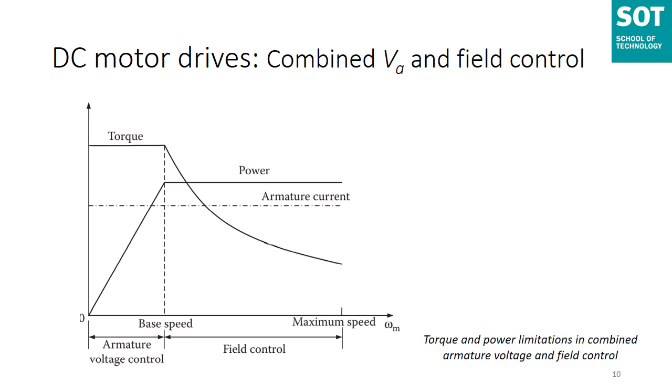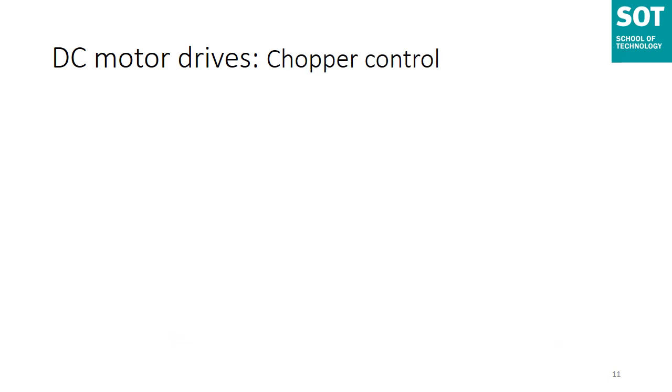Now to further increase the speed, what do we do? We weaken the field. The field must be weakened with the increase in speed. Then the back EMF and armature current are maintained constant. The torque produced drops parabolically with increase in speed and the output power hence remains constant above the base speed. Now we will look into all of this control, which you must have studied. We are just looking into more detail in the aspect of EV and HEV applications.